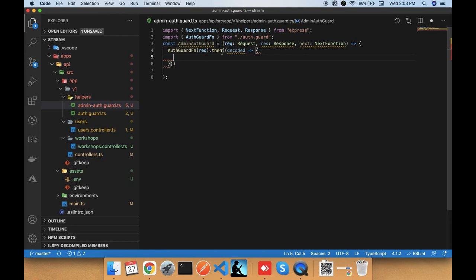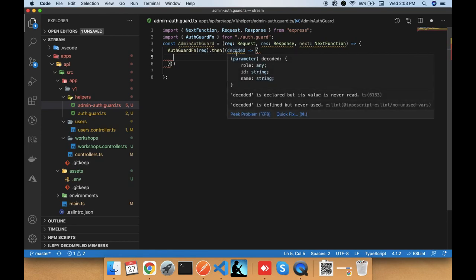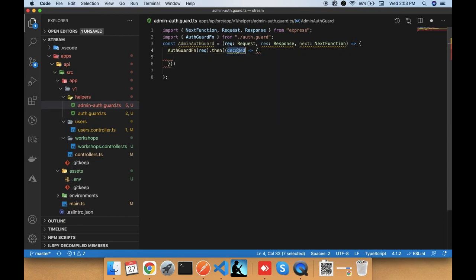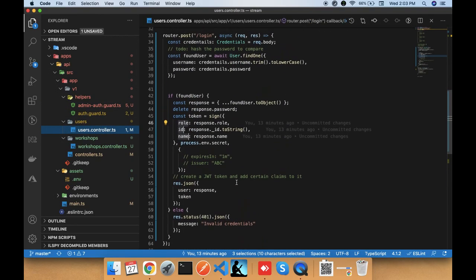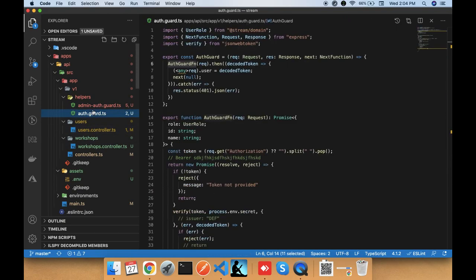Okay, and here since I have added that type information, it is telling me that the role ID and name properties are available on this particular object. So something seems to be missing there. Ah, no, sorry, I'm at the wrong place. Here, user role. Okay,